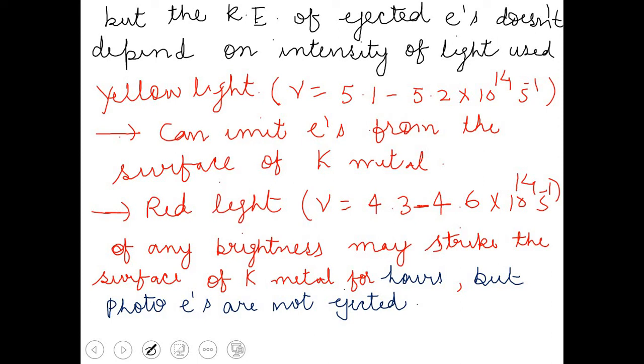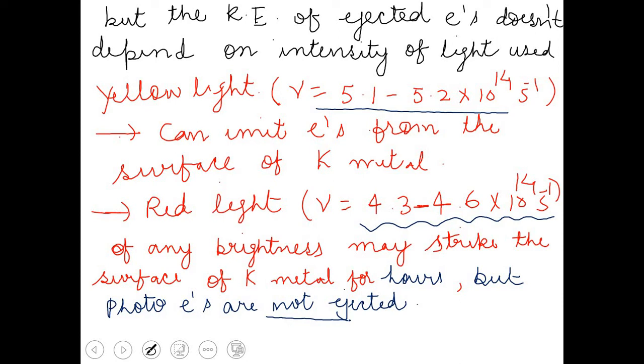So you have seen that yellow light has a frequency in this range, and it can emit electrons from the surface of potassium metal. But what about red light? The frequency of red light is in the range of 4.3 to 4.6 into 10 to the power 14 per second. If this light strikes the surface of potassium metal for hours, the electrons will not at all be ejected. It doesn't matter how long you strike this light of this particular frequency on potassium metal, or whatever its brightness. So the reason is that